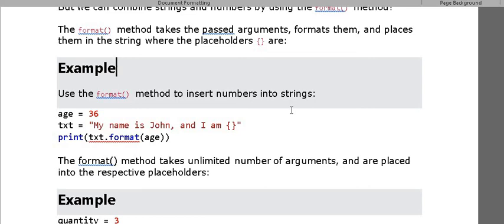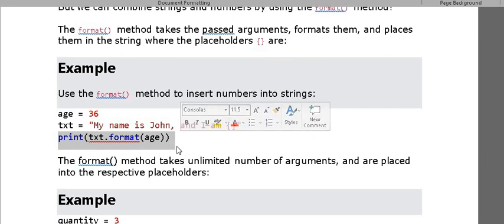Txt is my string, that is, my name is John and I am. Now I want to add the age variable's value into this string, so I give the brackets. Whenever I want to print, I give print, then the string, then dot format, which is the function, and in the first argument I give the value of age.